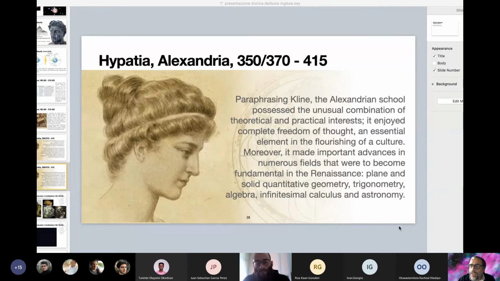This is absolutely fake. Okay, and I will give you a practical example soon, but Klein claims that the Alexandrian school could combine theoretical and practical interests. Okay, by the way,